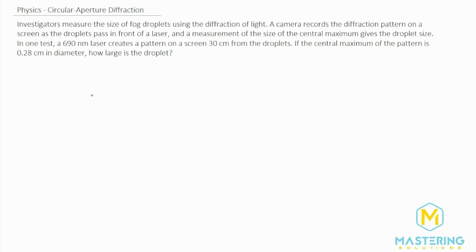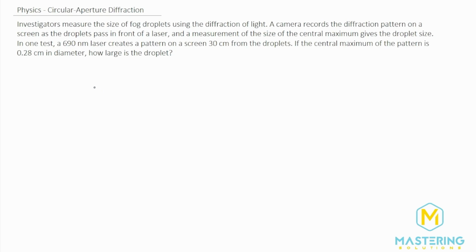This problem is getting a little trickier only because of how you set it up. The math, as far as how we calculate the answer, is very similar to some of the past problems that we've done so far for this section. The main thing to remember for this question is that with diffraction, the single slit and the circular aperture especially, if you have a slit or an object like a wire for single slit, or in this case, a fog droplet, if it's small enough, it acts in the same way as if it was an aperture.